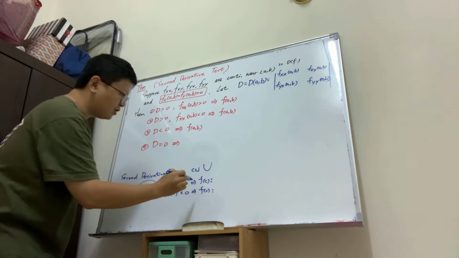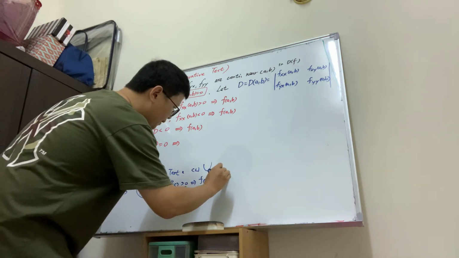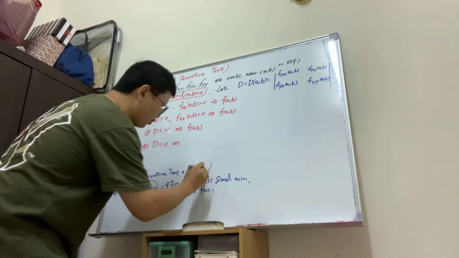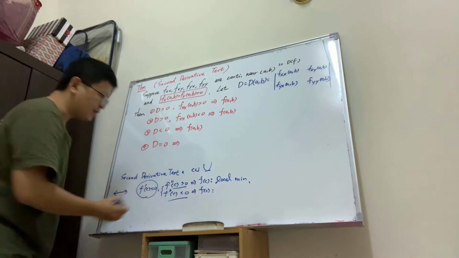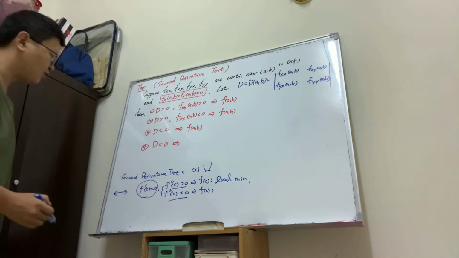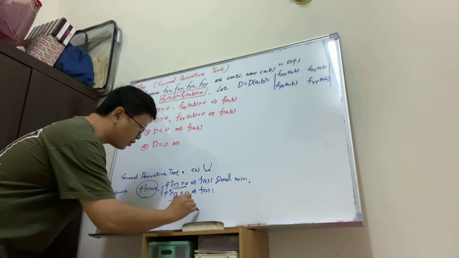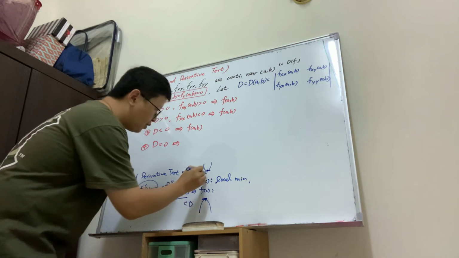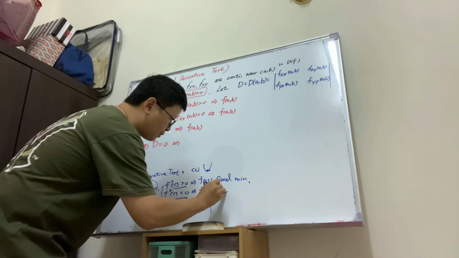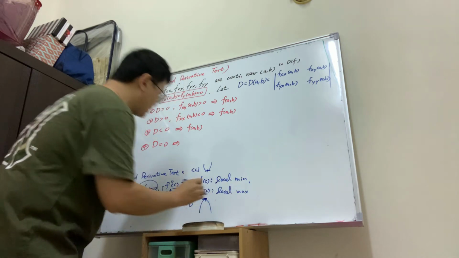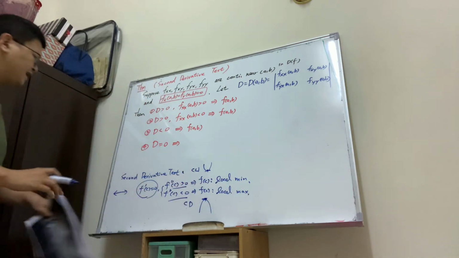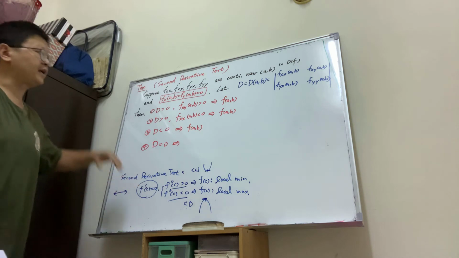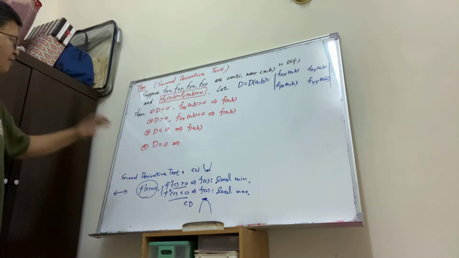So it's this form. So it's local minima. And if the second derivative is less than 0, then it's concave downward. So it's of the form concave downward. So it becomes local maxima. In this case, it's local maxima. But for this case, we also have the corresponding result for a function which